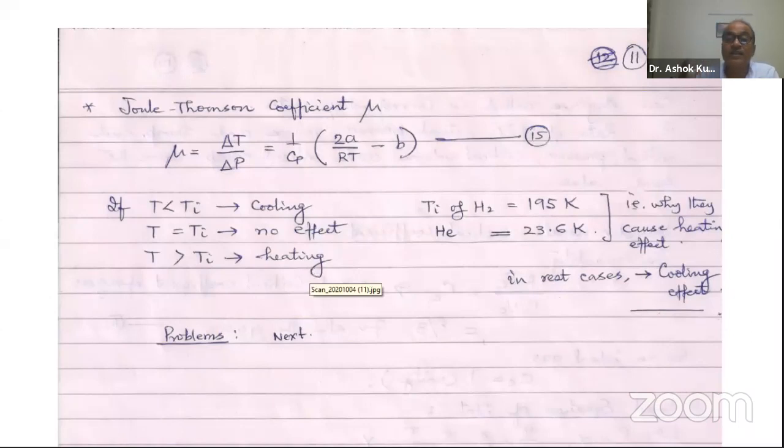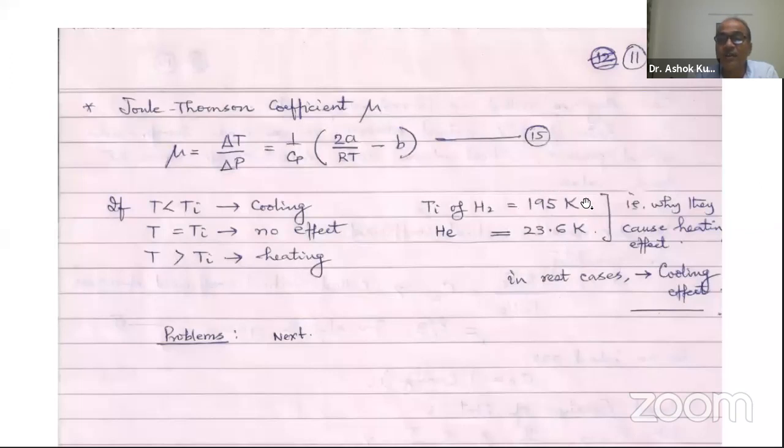So that is why the Joule-Thomson experiment was performed with a large number of gases. And it was found that there was a heating effect with hydrogen and helium, but with other gases there was a cooling effect. So people were very perturbed at that time about how it happened, why there is a heating effect with hydrogen and helium. Now later on it was found that the inversion temperature of hydrogen is 195 Kelvin,